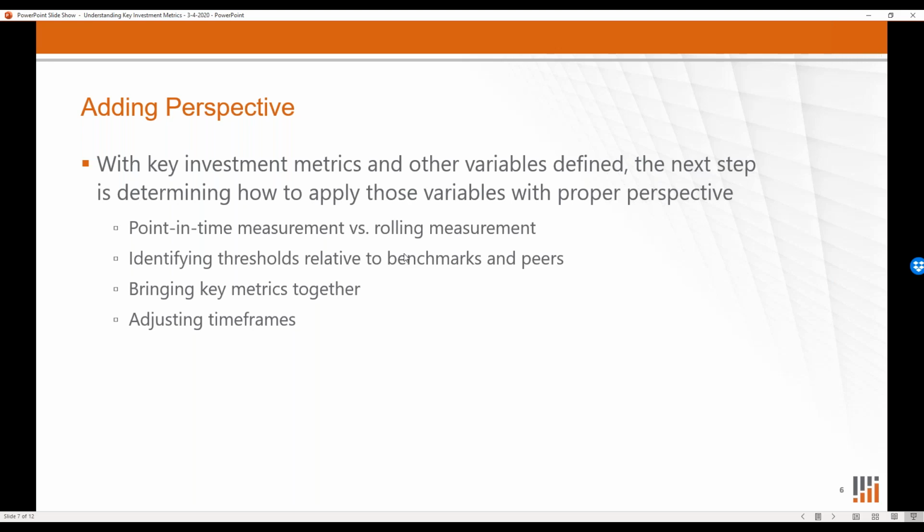And we've also added the context of benchmarks and peer groups to help pull some value from that raw data. So where we're adding in perspective here on the slide is taking all of that information together and subjectively identifying how we want to look at things like performance, how we want to look at things like risk, and how that aligns with the actual investment objective of the manager to be sure that we are correctly assessing the value